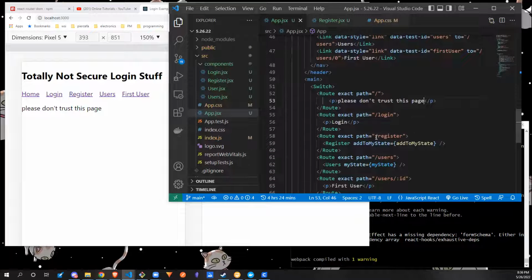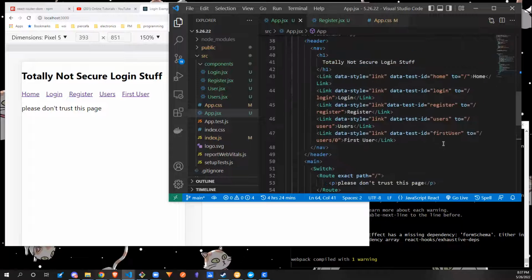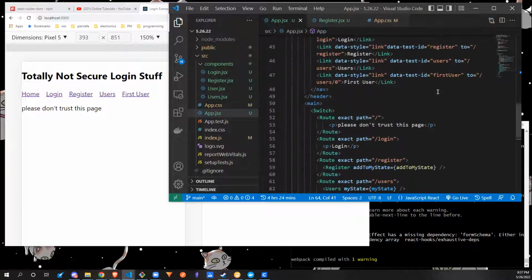Register sounds fine. Login sounds fine. First user, I guess that's fine. We still haven't gone in and done any parameters yet, but that'll be kind of extra credit because I don't think that this test has parameters, but it is something very nice to know. Okay, so